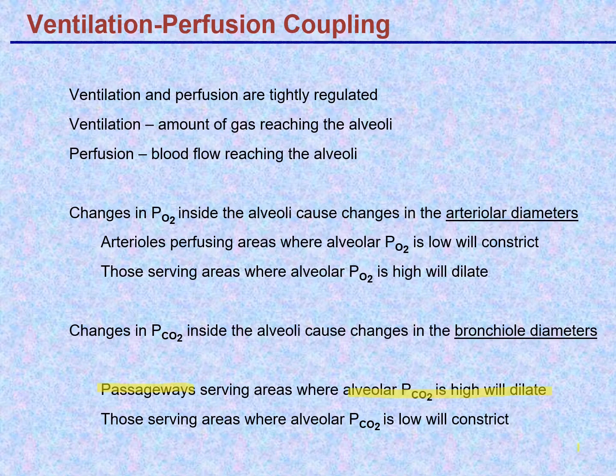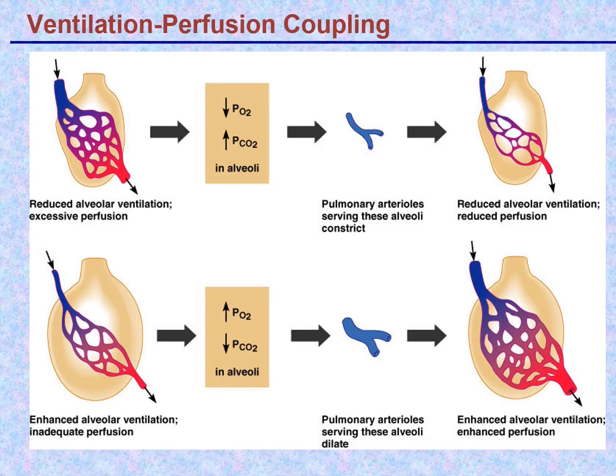And so in this way, what you have is a very tight regulation of ventilation and perfusion, and the two are coupled together. The two are related, and the effect is through responses to PO2 levels and PCO2 levels. Now the next slide, I don't know if it does that great a job of demonstrating or illustrating that, but this is the slide in your textbook, and it shows a situation in which alveolar PO2